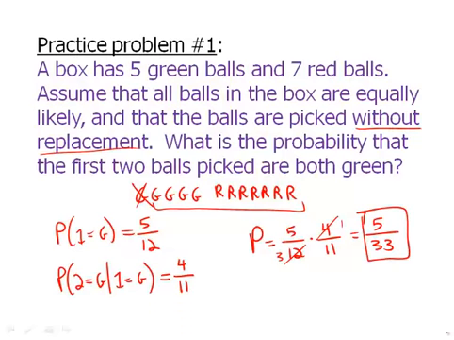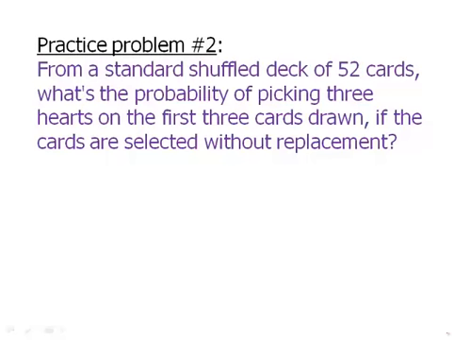Let's look at another problem. From a standard shuffled deck of 52 cards, what's the probability of picking 3 hearts on the first 3 cards drawn if the cards are selected without replacement? So again, the magic phrase, without replacement. So, probability that the first is a heart. Well, as you may know, in a standard deck of cards, there are 4 suits, and each suit has exactly 13 cards. The 4 suits are hearts, diamonds, clubs, and spades. So when I'm starting out with a 52 card deck, there's an equal number of cards in each suit, so every suit is equally likely. The 4 suits are equally likely,